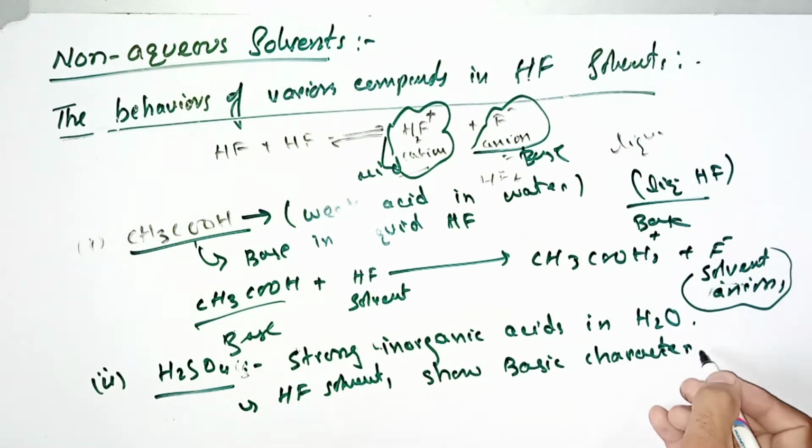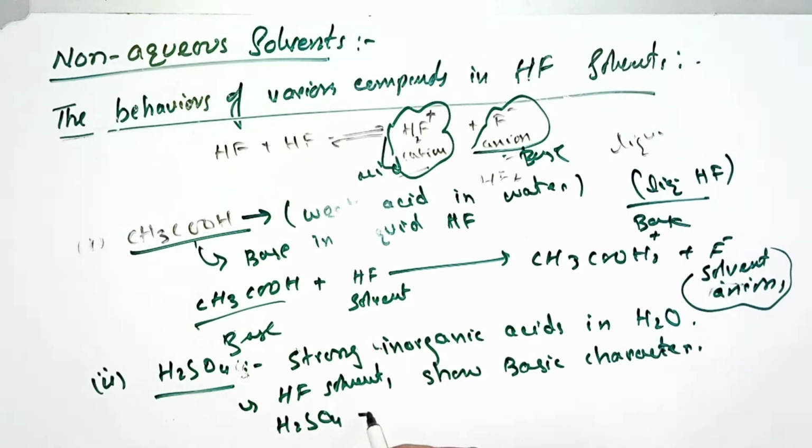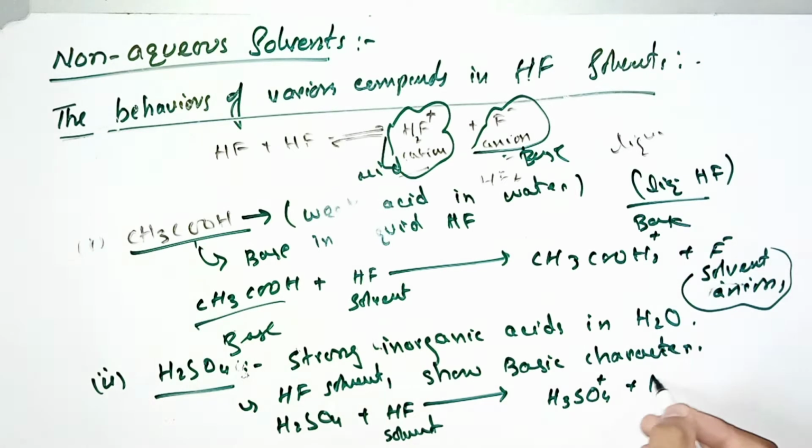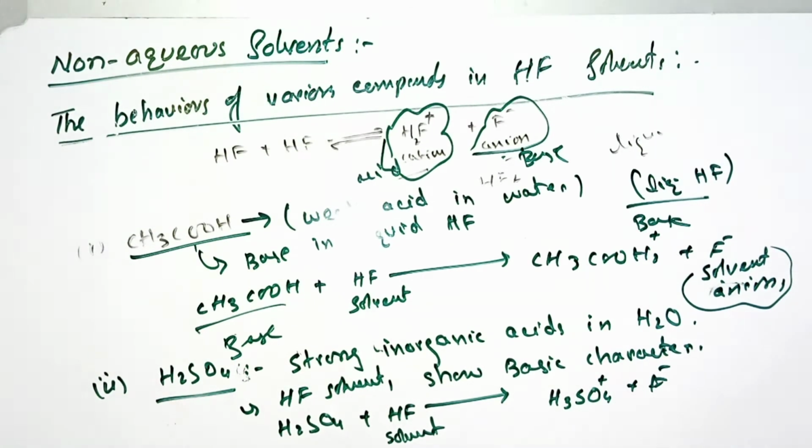This is the unique characteristics of HF solvents. For example, when you add H2SO4, sulfuric acid, in HF solvents, it will give us H3SO4 plus F negative, and according to solvent concepts of acid and bases,